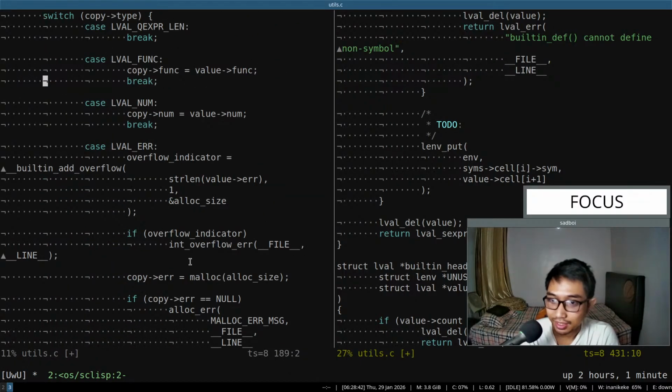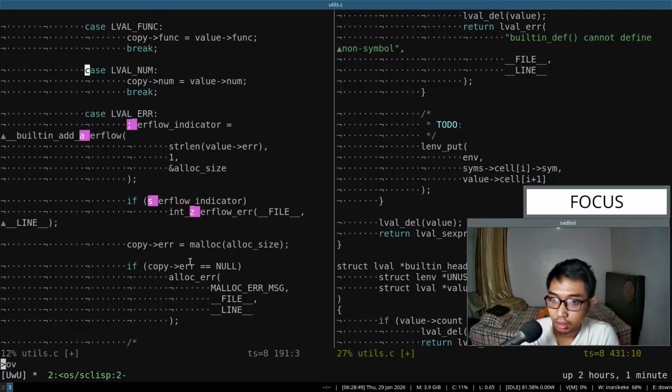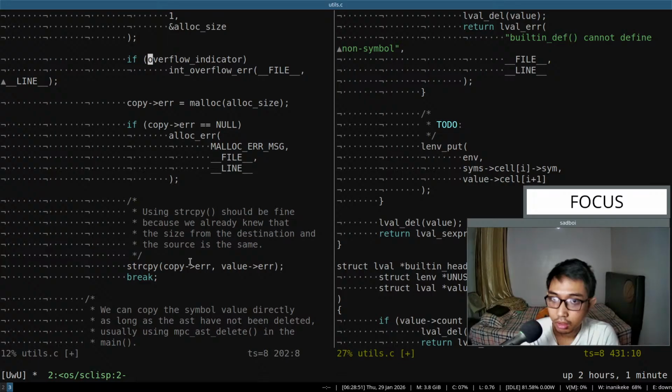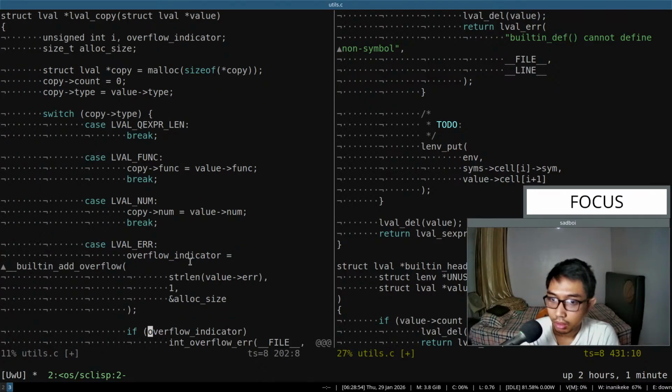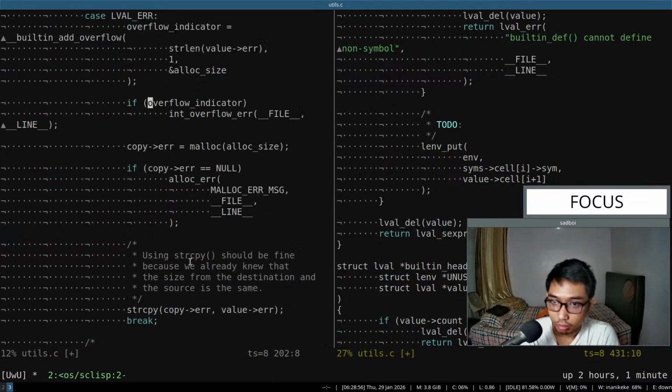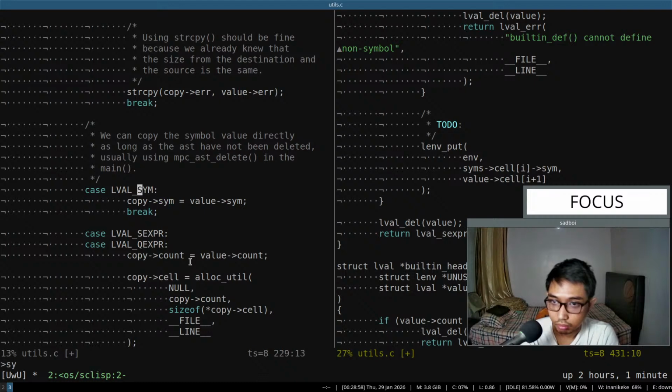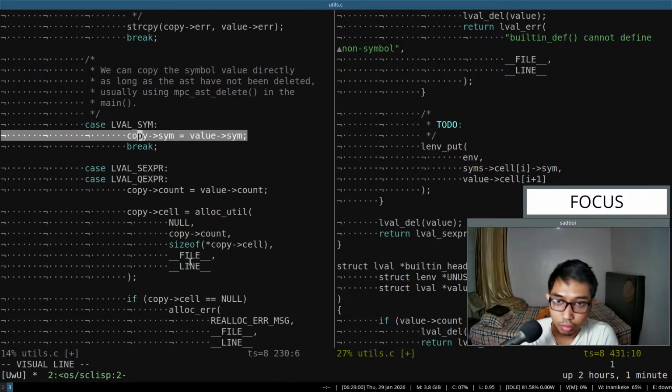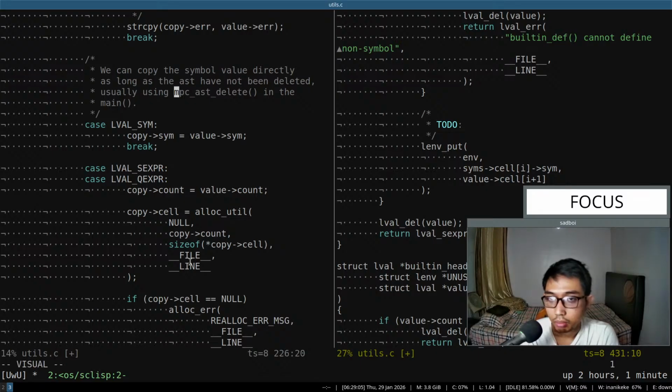Oh, this one. Okay. When the type is alpha sim, we just copy the value as is. And the problem is that the value that we have is from the abstract syntax tree, the parser that we use,